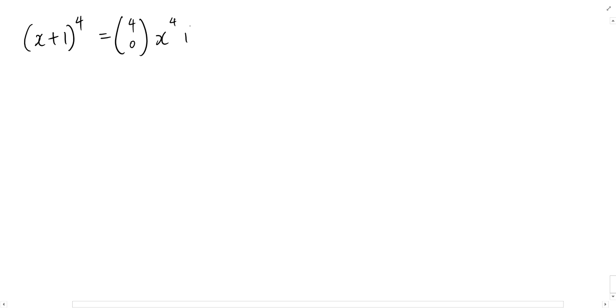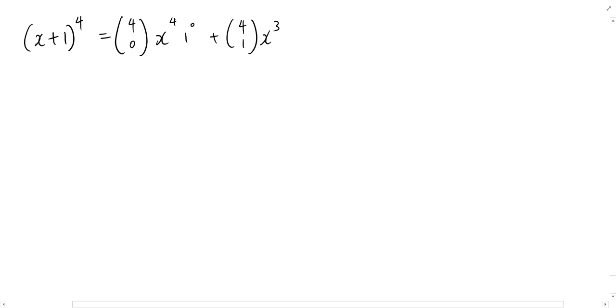Okay, let's start with x plus 1 to the power of 4. How does this expand? What does this expand to give us? So 4 choose 0, x to the power of 4, 1 to the power of 0, plus 4 choose 1,